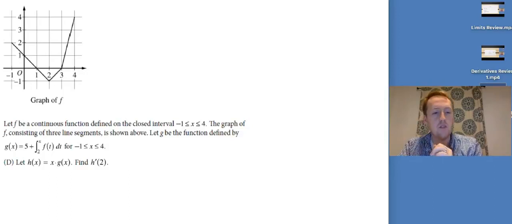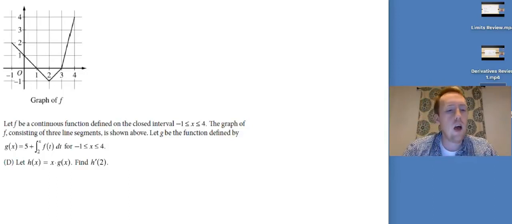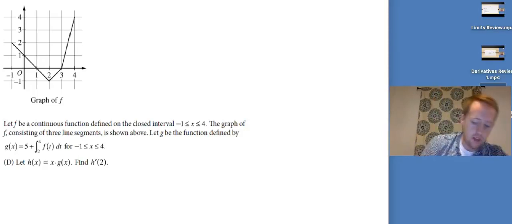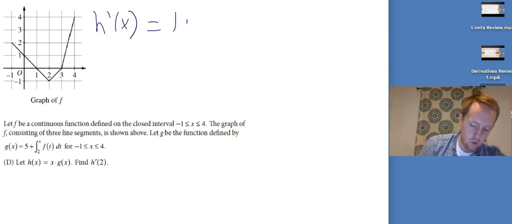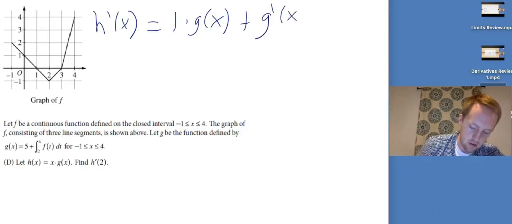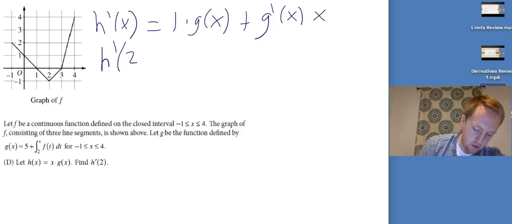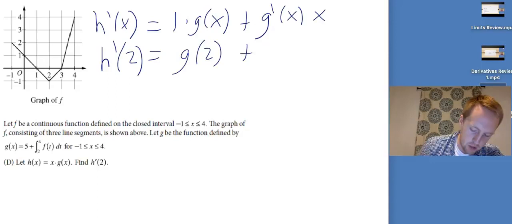Okay, let f be a continuous function. Oh, look, it's the same thing again. Let h of x equal x times g of x, find h prime of 2. Well, that means I need to find h prime of x, right? I've got a function times a function. I've got x times g of x. So I need to use the product rule. So 1 times g of x is the derivative of the first times the second, plus the derivative of the second times the first. So if I want h prime of 2, that's going to be g of 2 plus 2